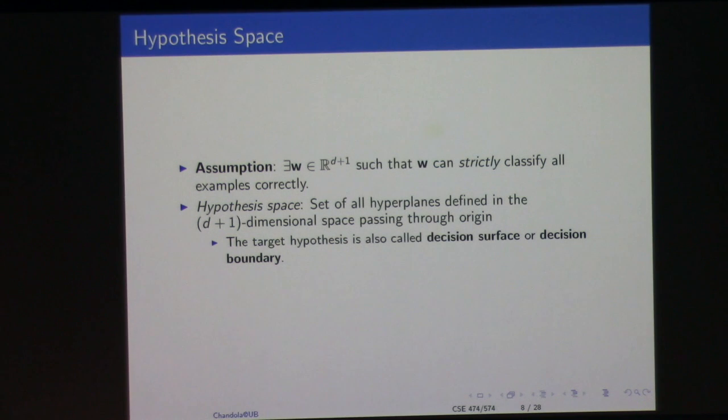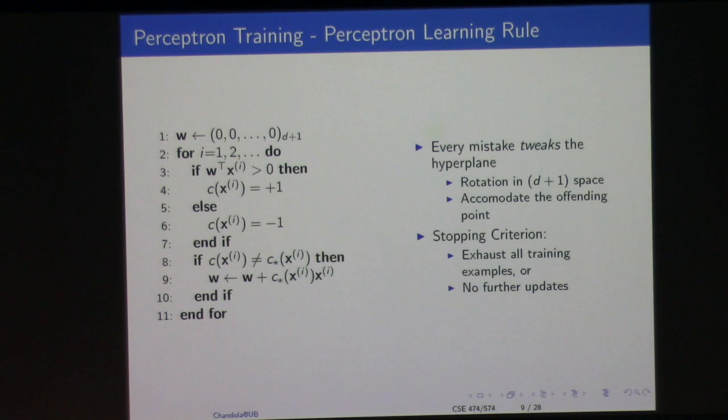So in machine learning, we also call the hypothesis that we will learn eventually our decision surface or decision boundary, because we are going to use that to make our decision, right? So later on you might hear me use the term decision surface or decision boundary. Okay, so how do we train this? Given some training data, how do we learn that weight vector? That's the question, right? So there is one algorithm called perceptron learning, which we will employ,